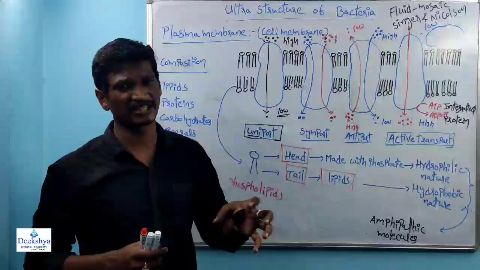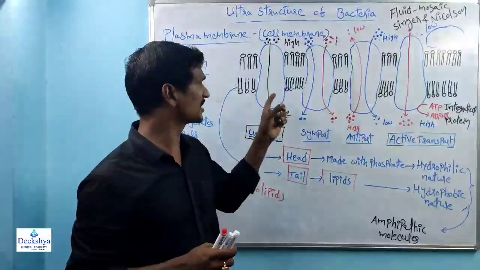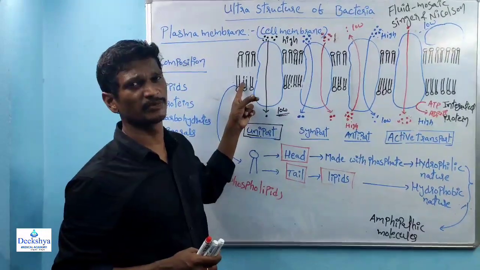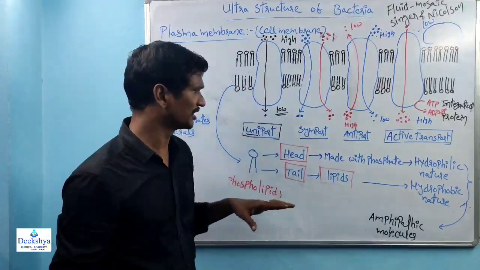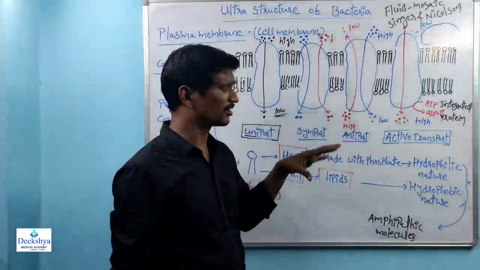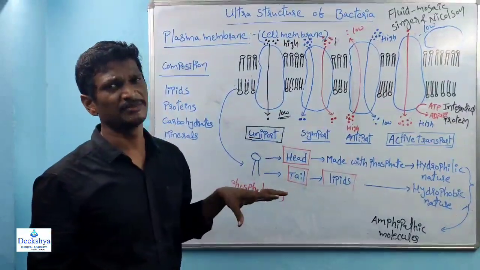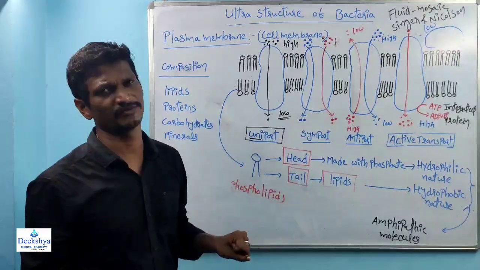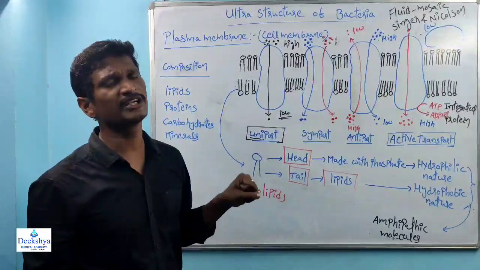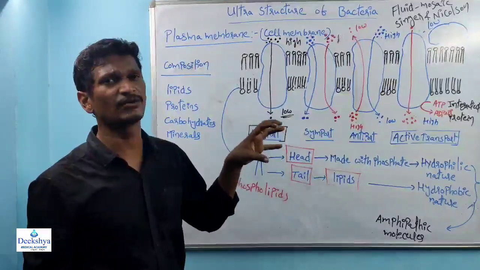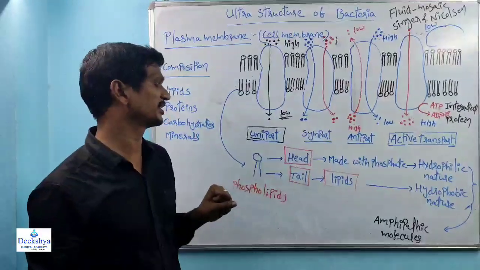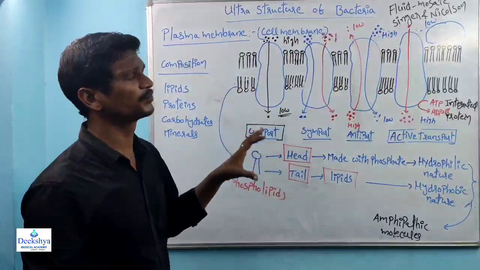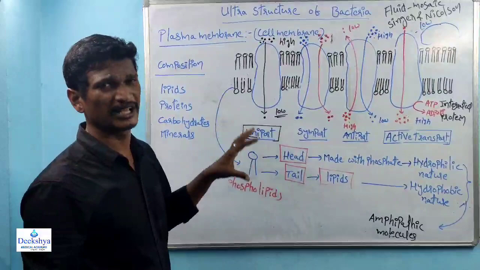Here, amino acids and glucose molecules are transported by the proteins. Lipid molecules are transported by the lipids. Right? So that is about the selective permeability, or semi-permeability, of the cell. Semi-permeability means only selective molecules, the components the cell requires, are transported. So that is about the plasma membrane structure and the transportation process within the prokaryotic cell.